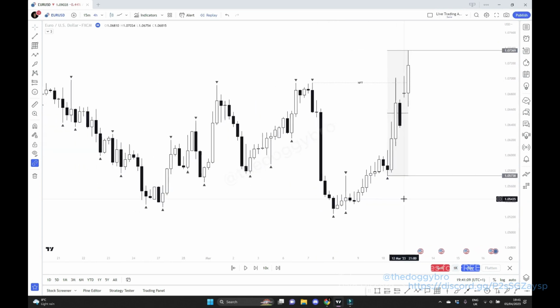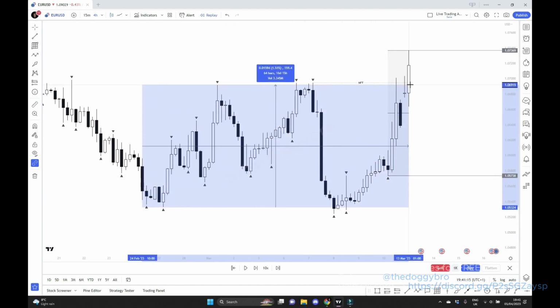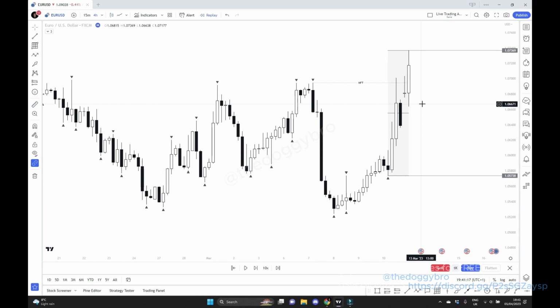Keep the low where it is. So that gives a good exercise, really. What we've done is we've covered over 2 weeks of price action, 3 weeks really in terms of trading days. That should give you a really good idea on what to do with your 4 hour range high